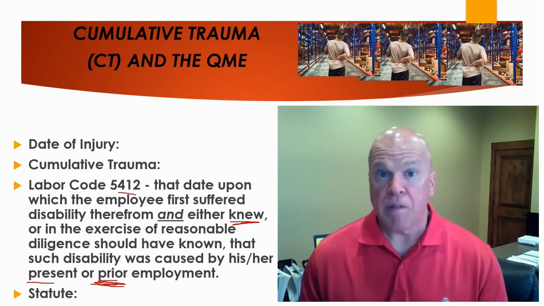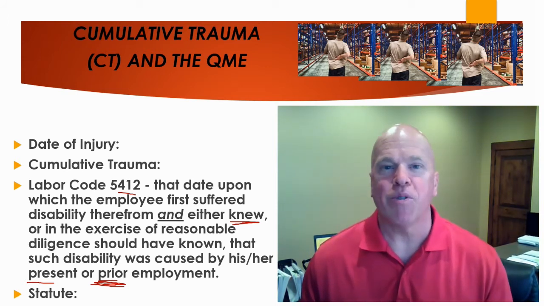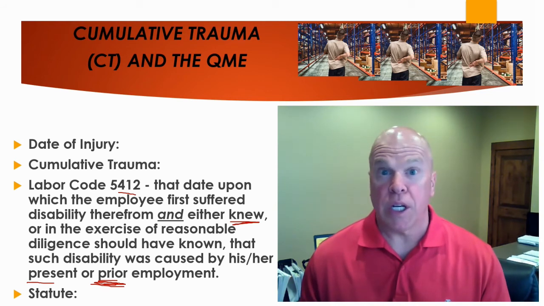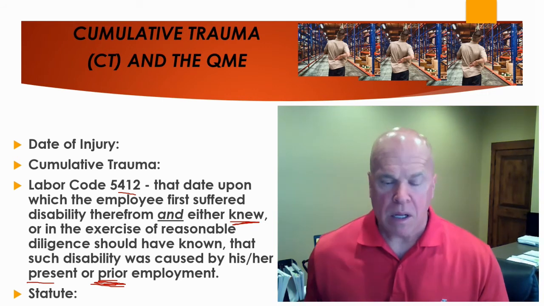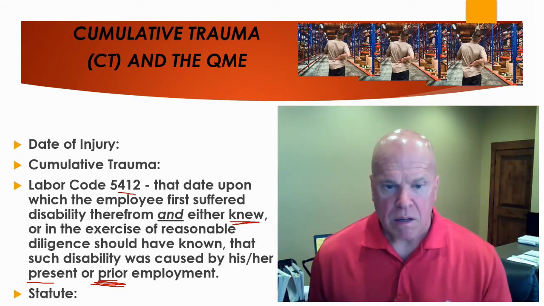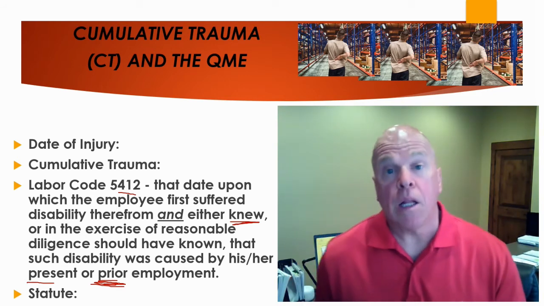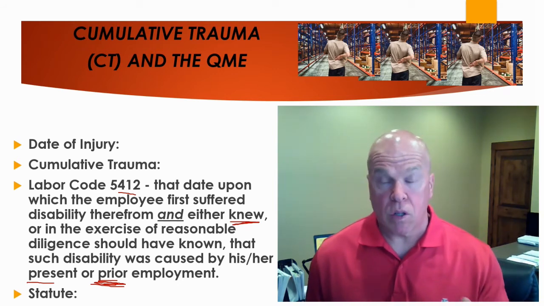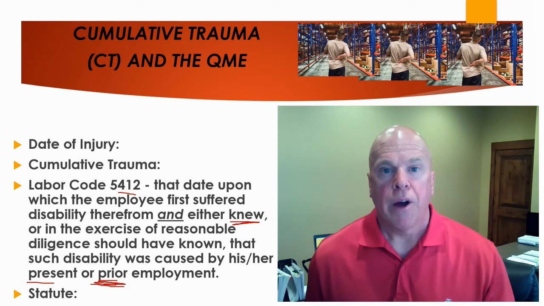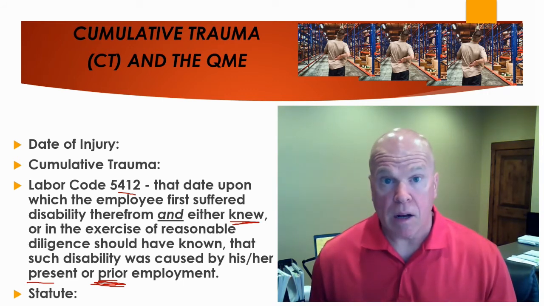We saw that for specific injury claims, the statute of limitations is 30 days, although there are exceptions to that. Well, with cumulative trauma, an employee can go on seemingly forever prior to gaining the knowledge. And this is what creates the situation in California workers' compensation, where these claims for cumulative trauma injury are filed many, many years, and there's a great delay in the filing of these claims long after the date of occurrence